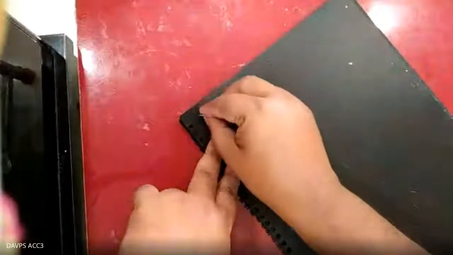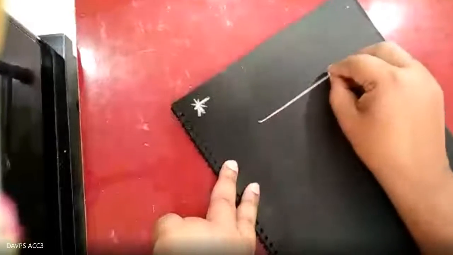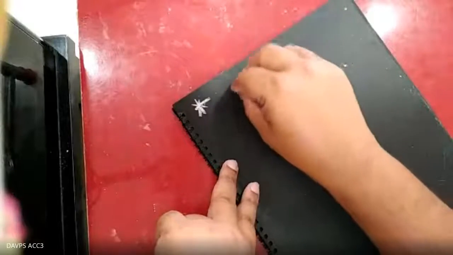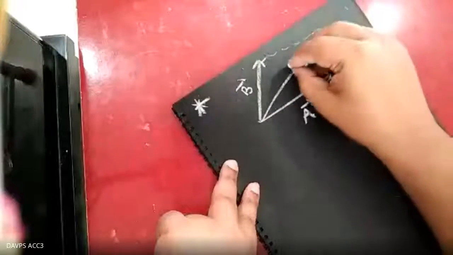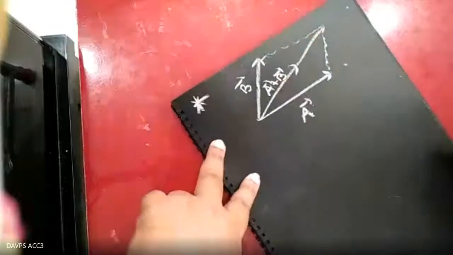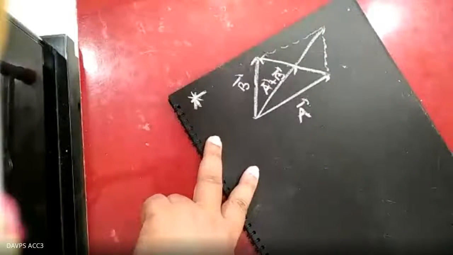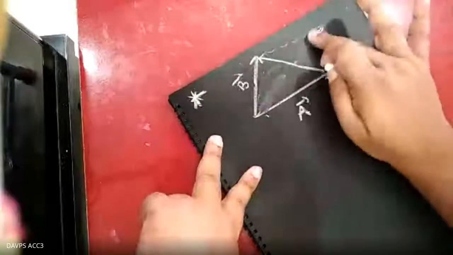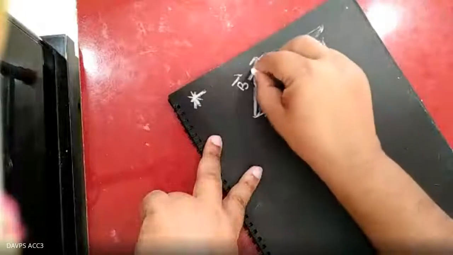By star, you write. Suppose in the parallelogram law, you are finding this is the parallelogram, A vector, and this is the B vector, and this is the A vector plus B vector. So would you tell me, what does the other diagonal represent? If I remove this diagonal and you look at this triangle, what happens here? This is the A vector directed this way. This is the direction of the B vector.